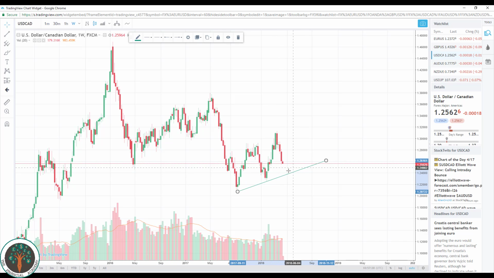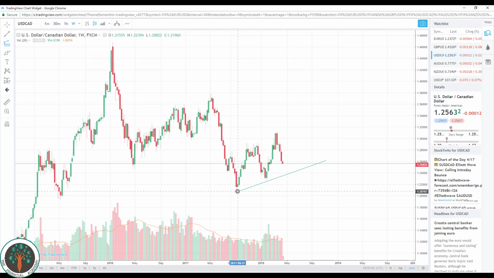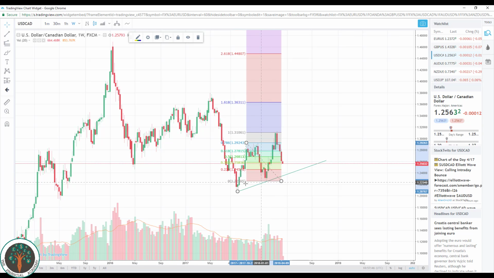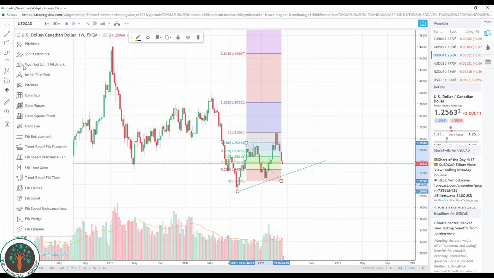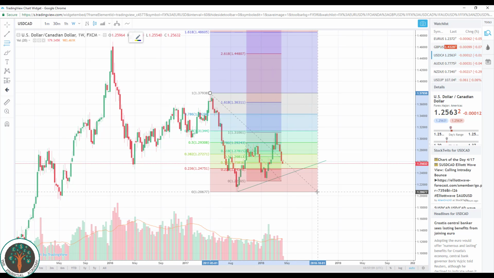So concluding the entire idea, I'd like to show you the proportions that we're looking at. Very, very interesting, very accurate proportions. When we're dealing with the corrective pattern, we can see that the corrective pattern has completed the entire ABC pattern, reaching the 100% of a corrective pattern. And on the other side, we can analyze the entire downtrend movement. And analyzing that, we can say that the market climbed up and corrected